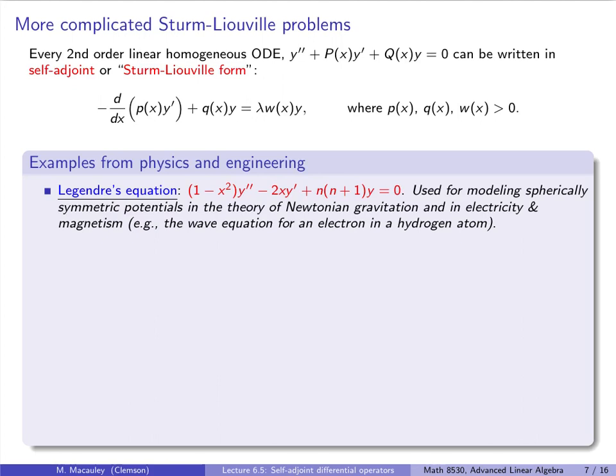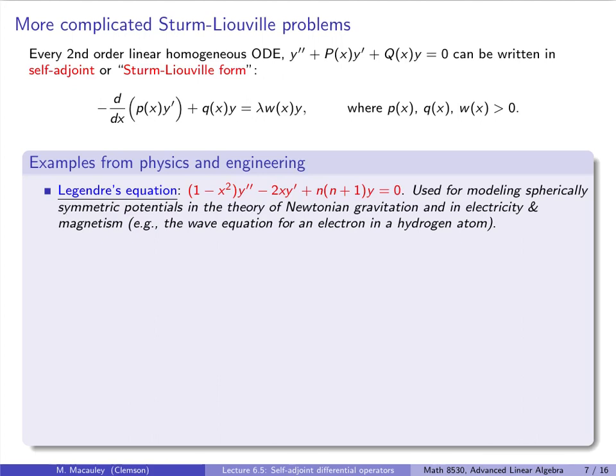and magnetism. So when do we have spherical objects? We have them in astronomy, Newtonian gravitation, and they're very big and also very small. Like if you want to model the wave equation for an electron in a hydrogen atom, that's going to be spherically symmetric. I actually have a lecture on the wave equation in other coordinate systems in my previous class. I think that's one of the last ones. So if you want to see more about this, I actually think I derived this from a partial differential equation